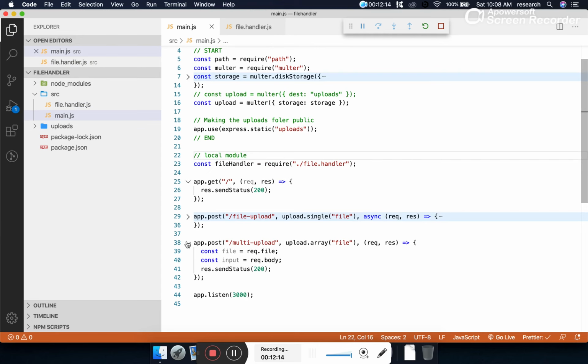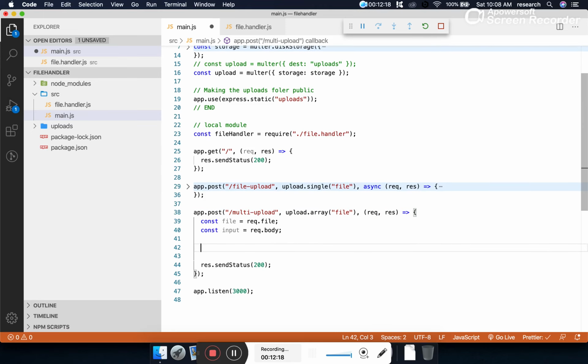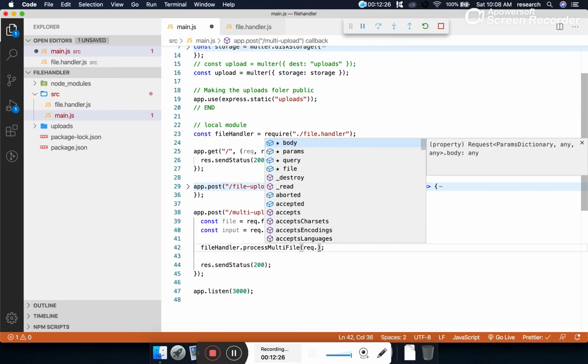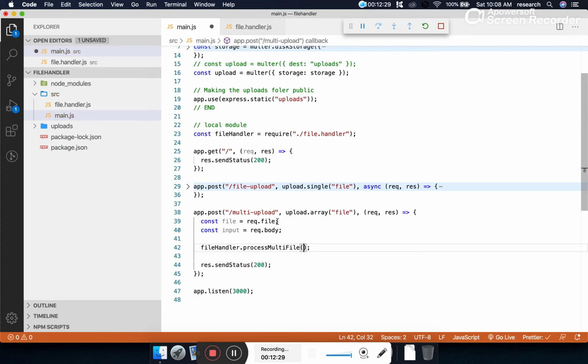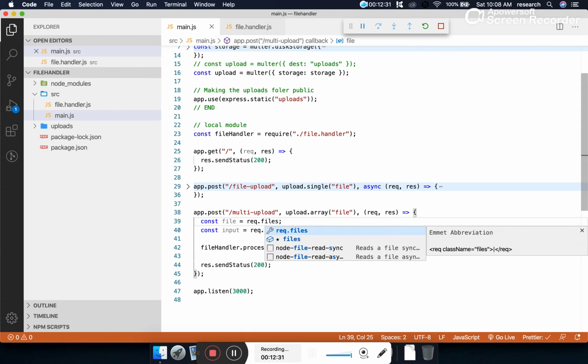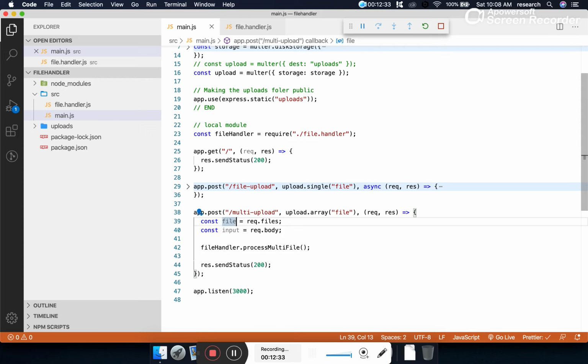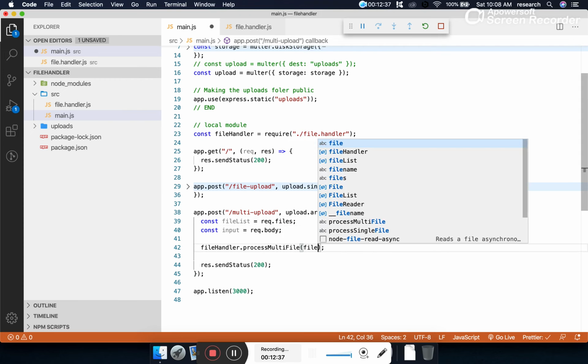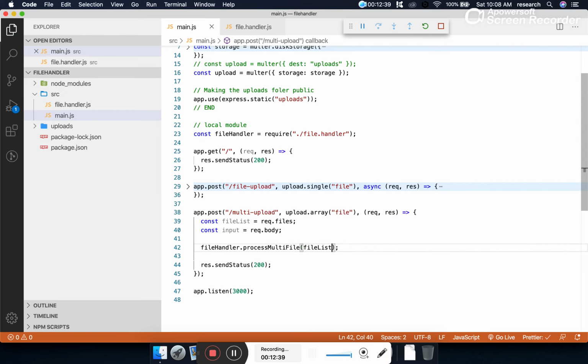And now here in this file upload, before sending the response back to the client, we will be calling file handler dot process multi file. And what will we be passing here? Apart from the request file, there is an option called files, and we will be getting the file list. So this file list we will be passing to the local module.